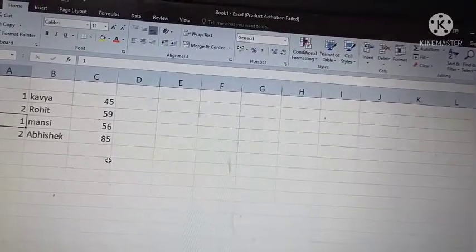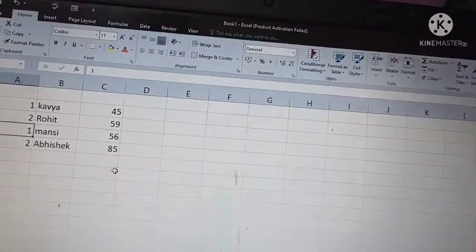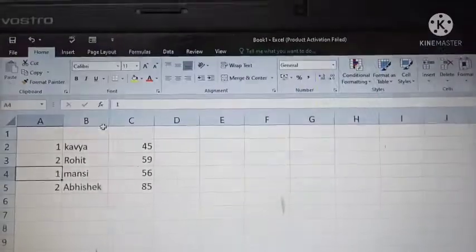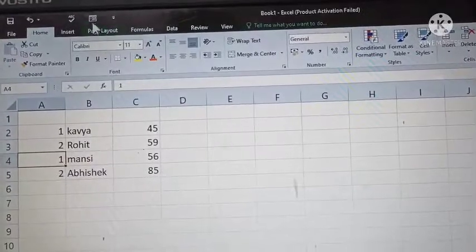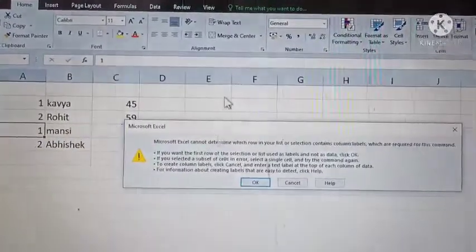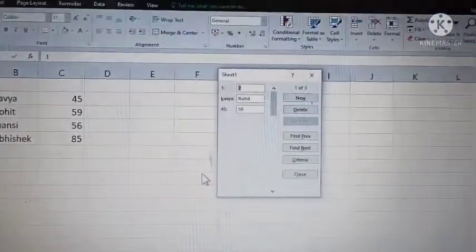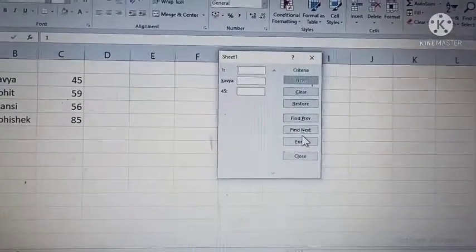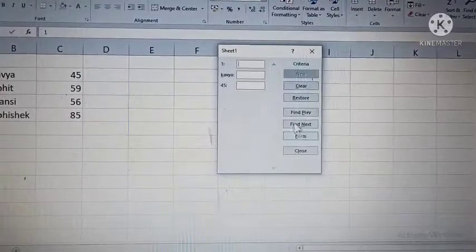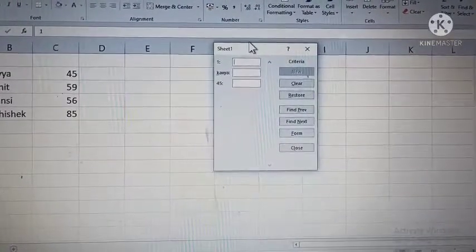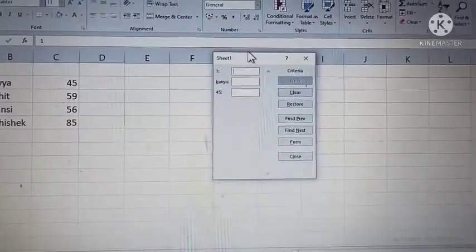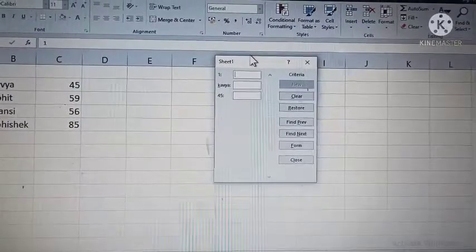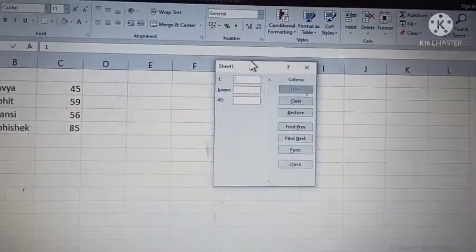Open the data form dialog box by clicking on the Form button on the Quick Access Toolbar. Click on the Criteria button. Click in the field for which you want to specify criteria and then type the criteria you want to match.